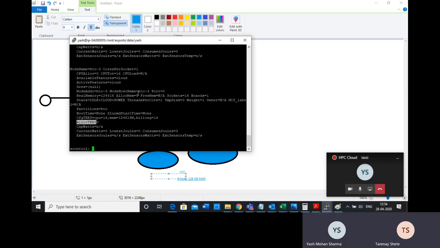So whenever you submit a job in the cloud, what is going to happen? This machine will start first, because right now it is stopped. The machine is not running, and that's why billing is not running. But when you submit the job, the state will go from idle cloud power to the configuring state. It will start configuring for your job, and after that it will say allocated, which means your job got allocated here. Then you can see the details of the job, like whether the job is running. Eventually the job will finish. So this is the way it works.